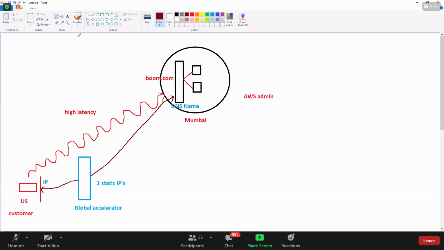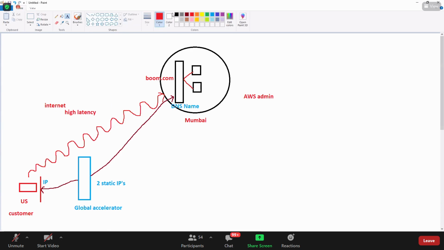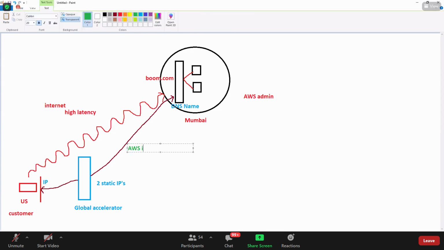And you know what? Here, high latency meaning, guys, this is your public internet or not? And this guy here is AWS internal network.